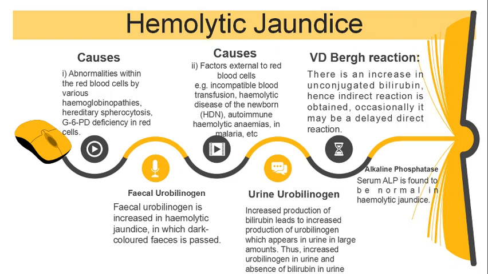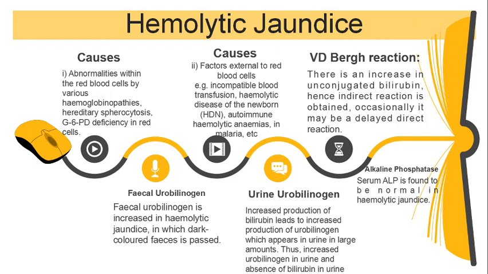In hemolytic jaundice, due to the overproduction of bilirubin, an increased amount of bilirubin will enter the gut, which leads to the formation of more urobilinogen and stercobilin. Therefore, patients with hemolytic jaundice will excrete an increased amount of urobilinogen in urine, and the fecal urobilinogen also will be increased, and the stools will appear dark brown due to high content of fecal stercobilin.